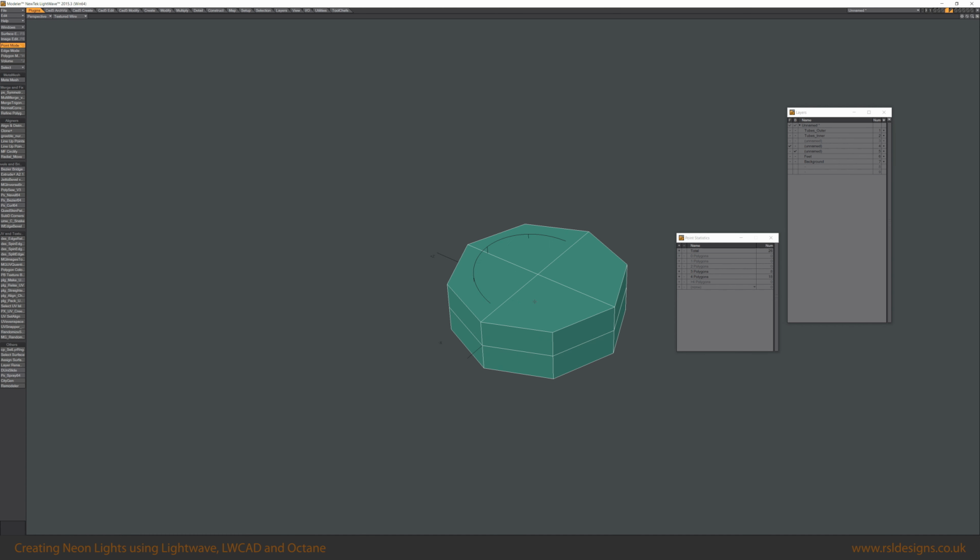So we're just going to bring that to a bit larger than the tubing itself, and then we're just going to use multi-shift, and we'll multi-shift in the geometry at the top. So first edge loop, and then another edge loop, and another. So I'm just holding the control key down and clicking to create new geometry as I go along, and I'm just creating geometry at the edges so that when we subpatch it,